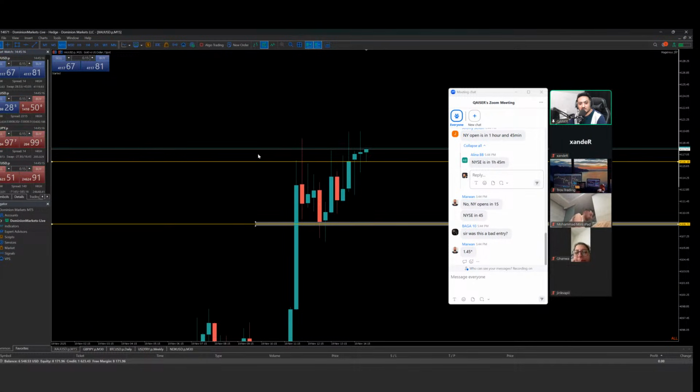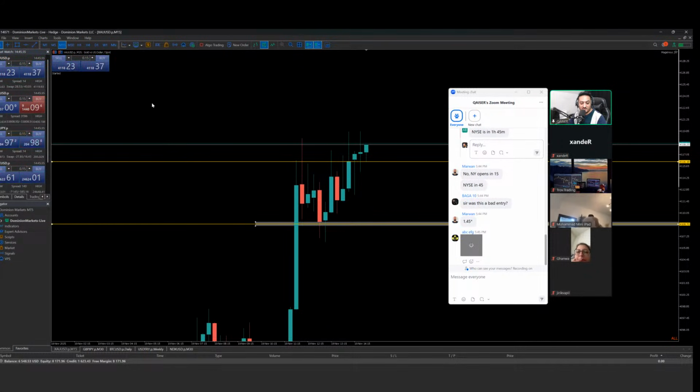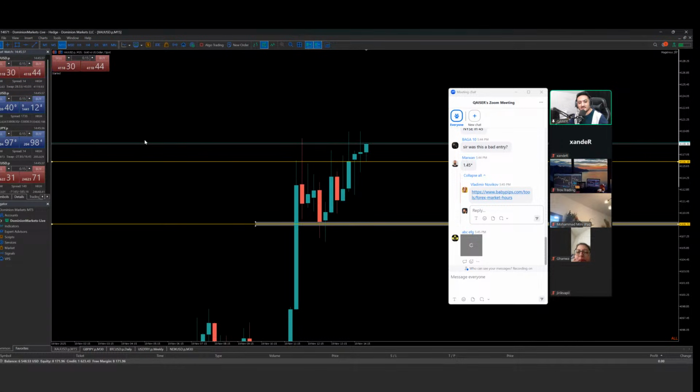To be honest, if we break above this high, I don't want it to repeat the history of mine, where I mostly got losses when I executed on some trade before the opening of some session. If I lose today again, then believe me, I swear I'm not going to take any trade before the opening of NY. So let's see.